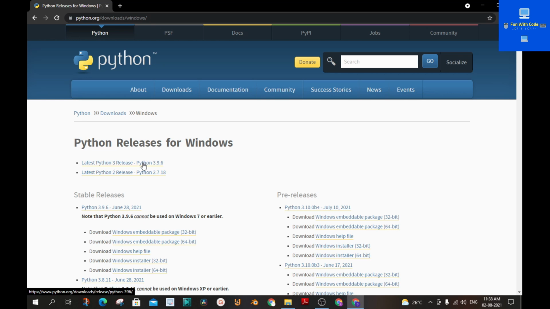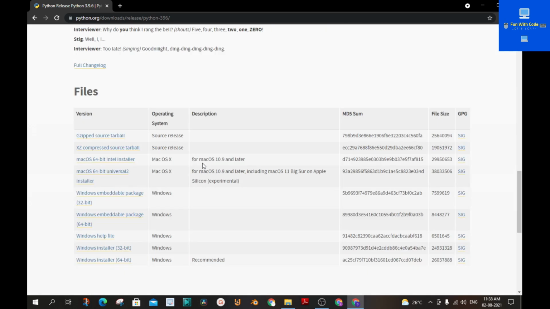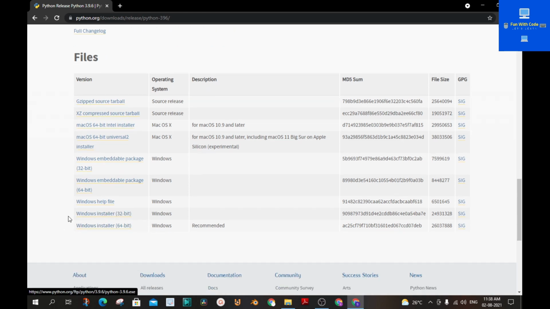If you want to install, click on this link and scroll down till you get this files option and versions. You can install Python in many ways. If you want to simply install Python, just go through these last two options. If you have a 32-bit PC, click on this link, and if you have a 64-bit PC, click on this link.